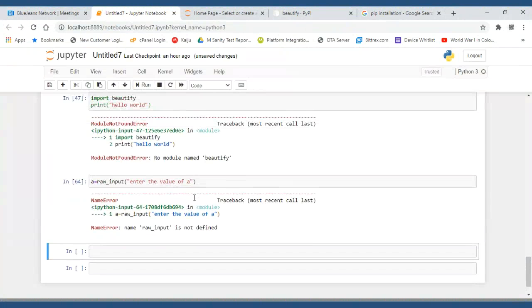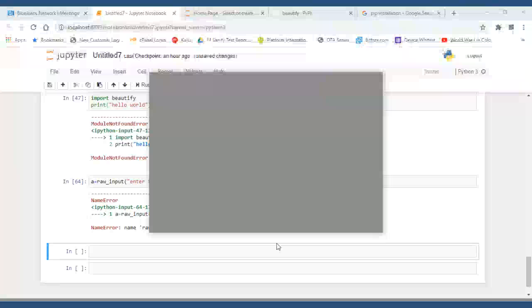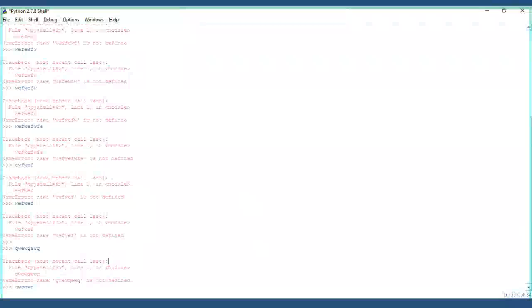But in 2.7, let me show you guys. Okay, this is the 2.7 console. a is equal to raw underscore input, enter the value.